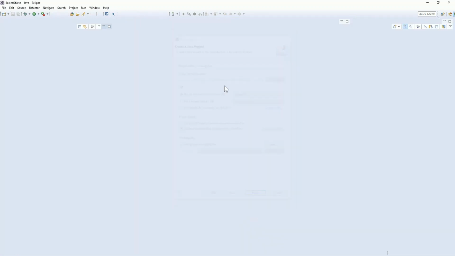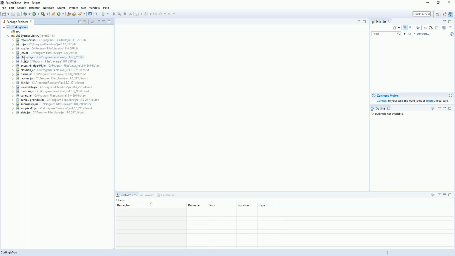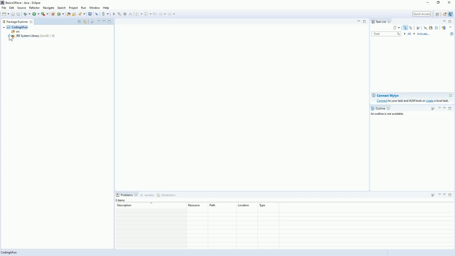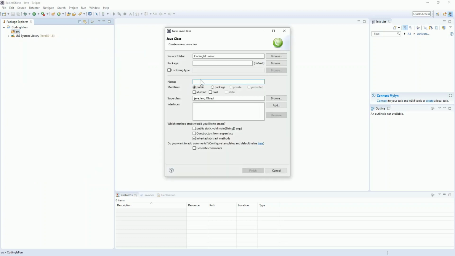Once it is done, your project will get loaded here along with all the JRE jars. Click on src, right click on source, New, Class. Give the class name; I will set it as AboutMyself.